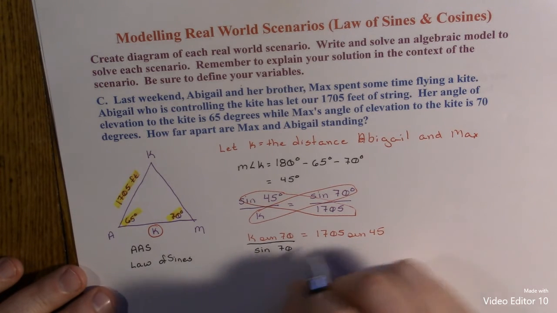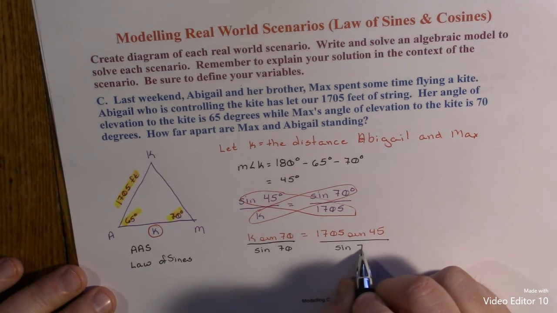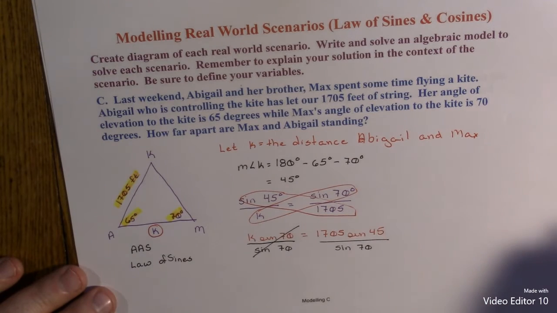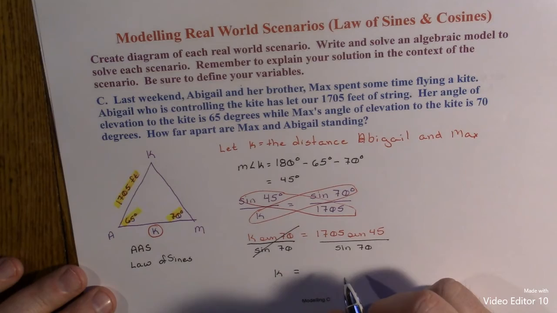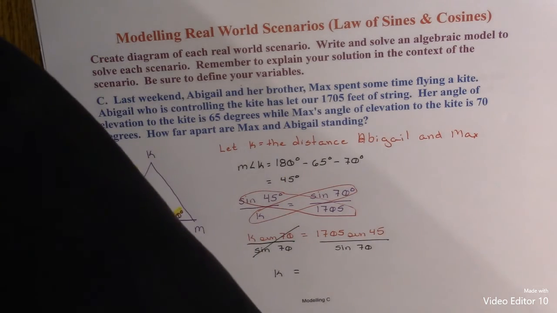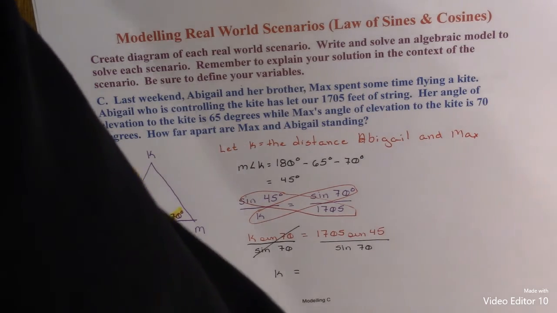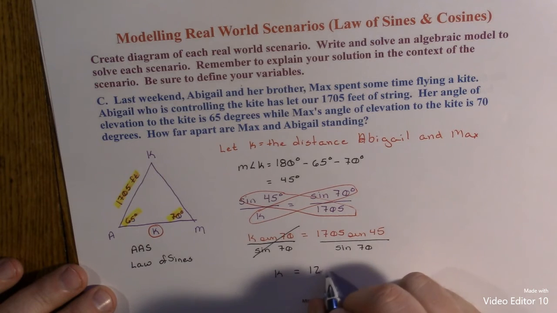We will do it to both sides of the equation. Sine of 70 cancels out on the left, leaving us K is equal to 1,705 times the sine of 45 divided by the sine of 70, which is approximately